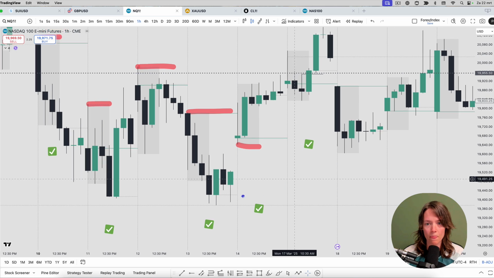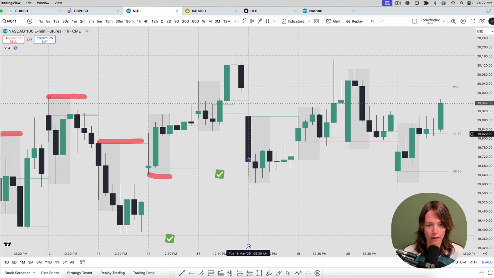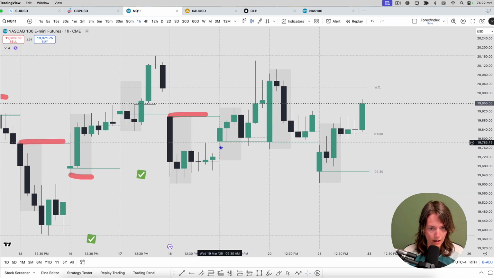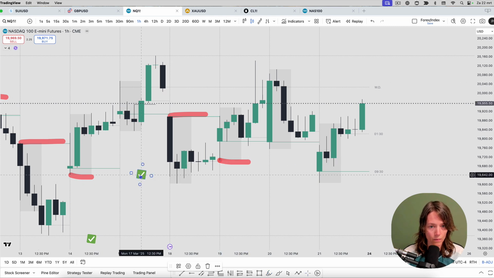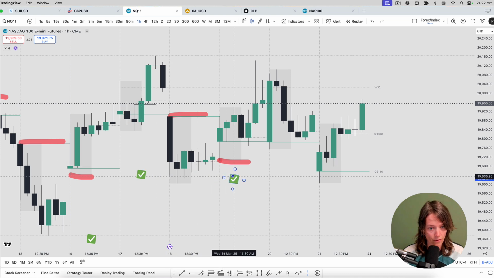Then this is the new Monday. Then here a bearish candle, and then it's chopping around. Cannot count that. I believe it's not a continuation. However, not broken. So if you're a scalper, maybe you could have found some kind of short in here, but I'm not going to count it. Then a bullish candle. And price retraces back to the open, and then you get a PM pump. Again, never broke the low. So I will count this one because it definitely continued the trend from the green candle.